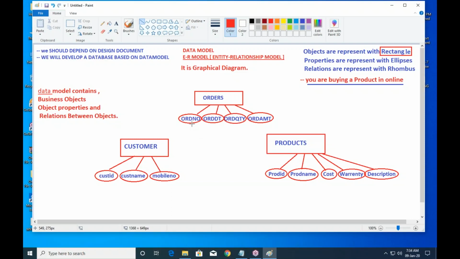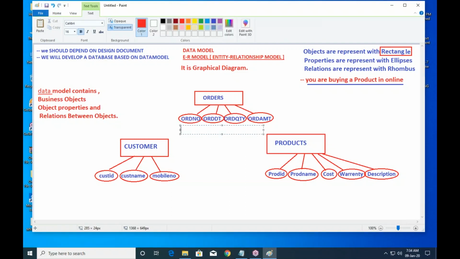One product. Okay. Amount is 10,000. Suppose I am making an order. Dinesh is making an order. My order number one, order date today, quantity one product, order amount 10,000. My question is, in this table you are maintaining order number, order date, order quantity, and order amount is 10,000. That is also fine. Then tell me, Dinesh ordered